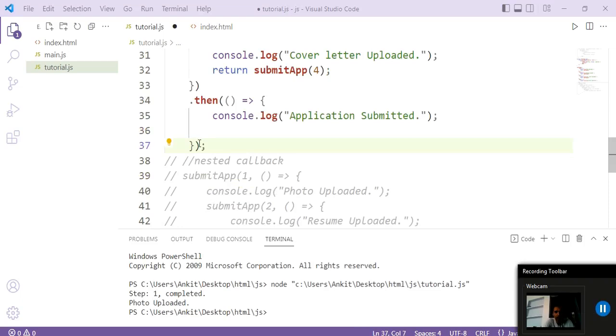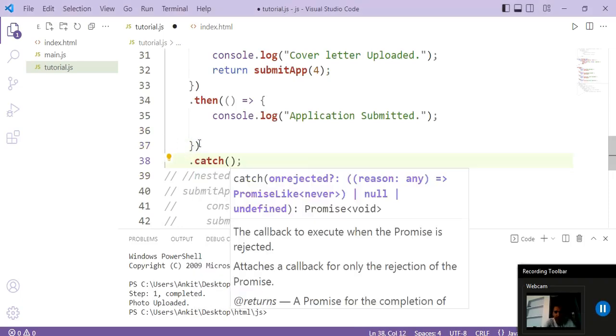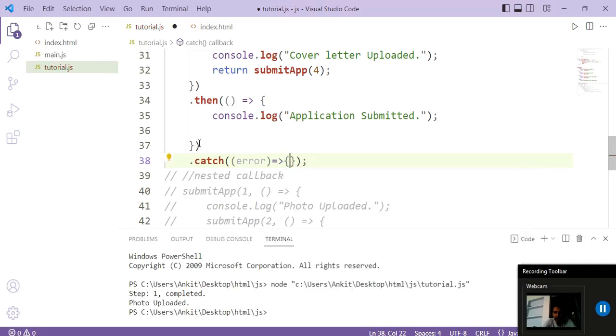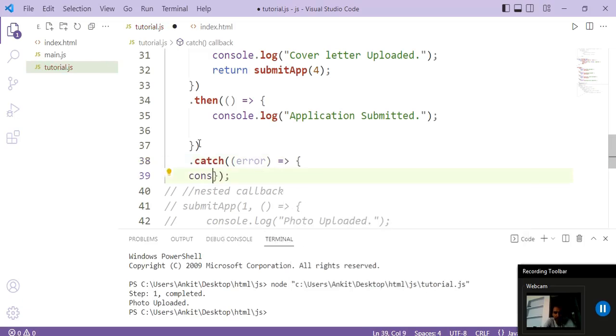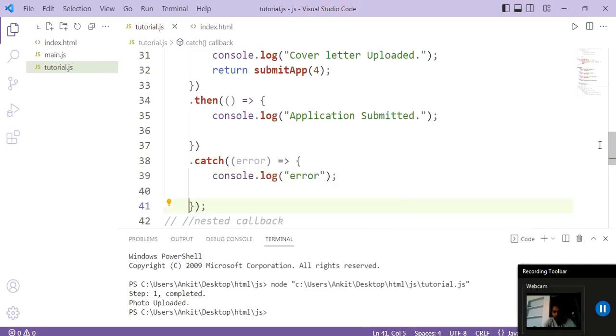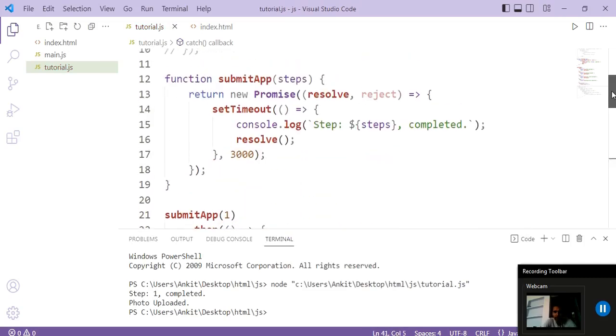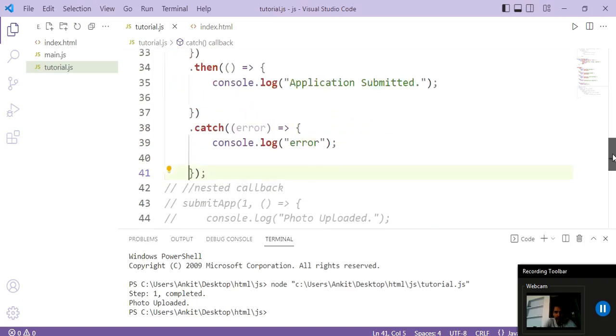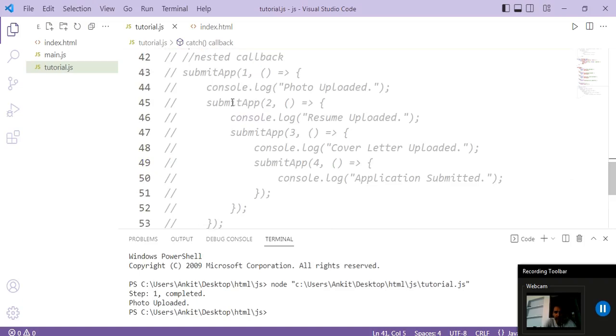And if there is any error, you can pass a catch block and one arrow function which will hold the error. You can log some statement here, console.log error. So this is the use of promise, and you can see that this is much easier than the use of nested callbacks. Here there are so many brackets, and which bracket is inside which one, we cannot identify in one look, right?